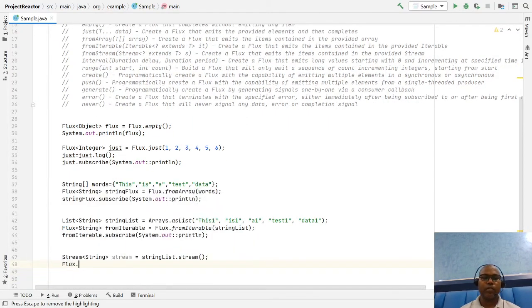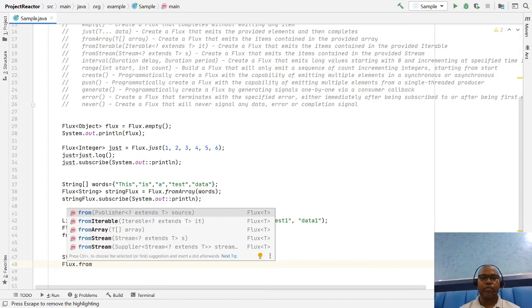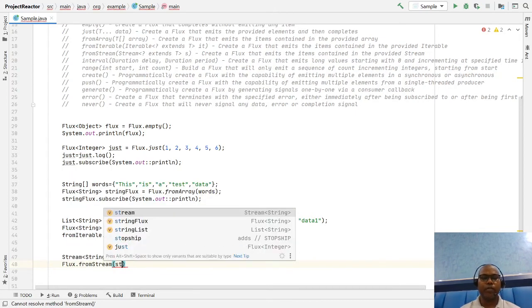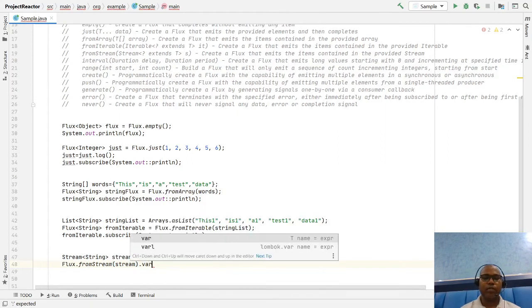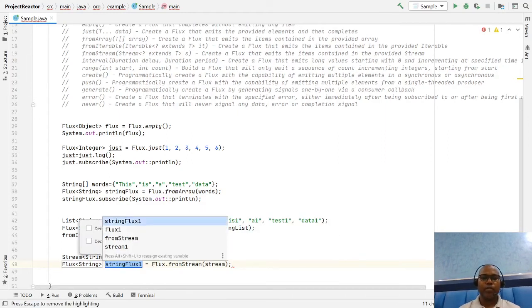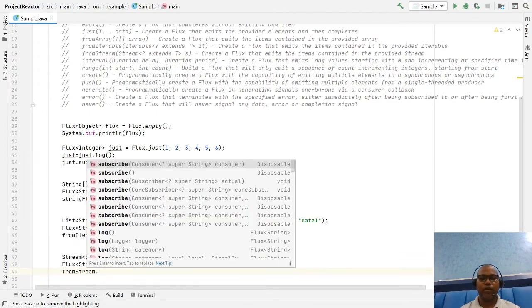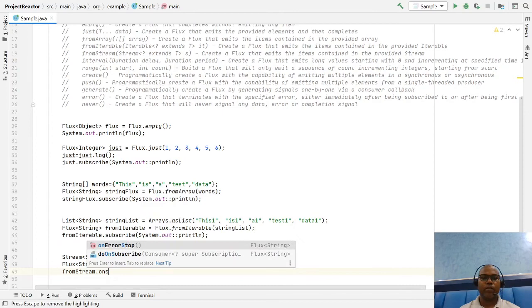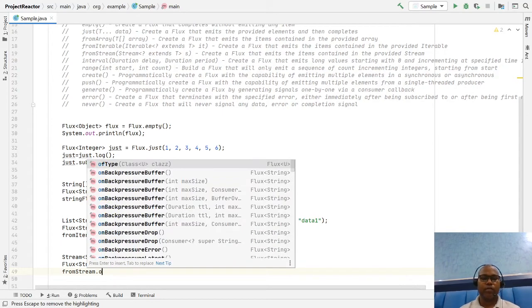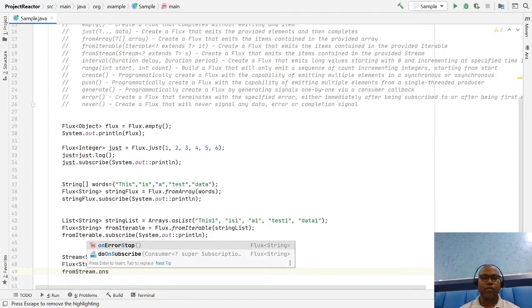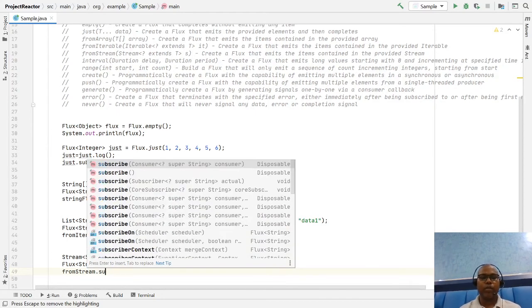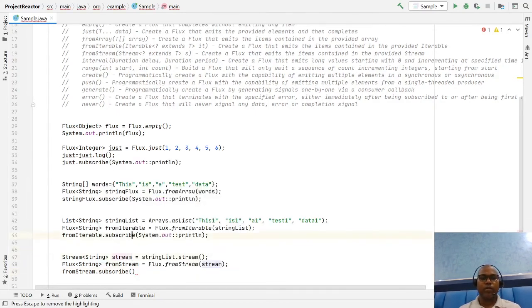Then Flux.fromStream, and here I am passing my stream, then subscribe, and just print the same. If you run it,